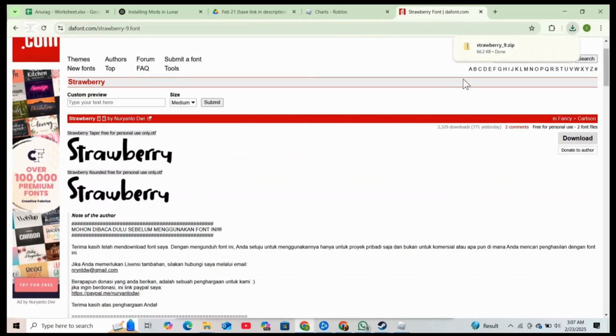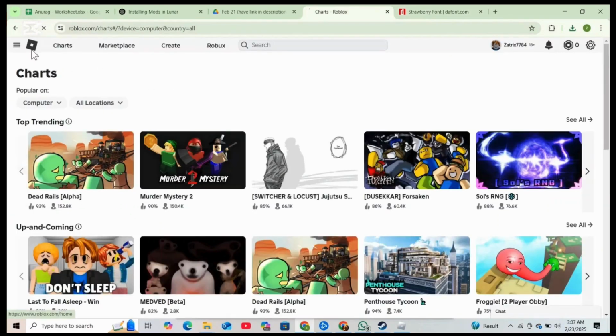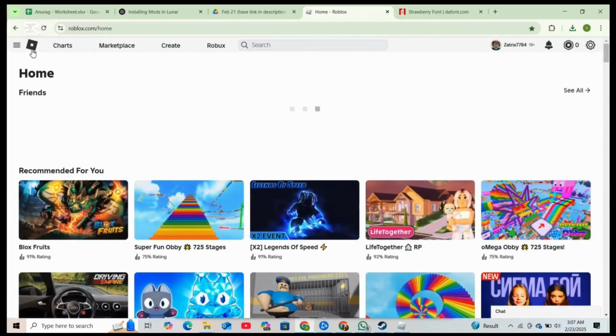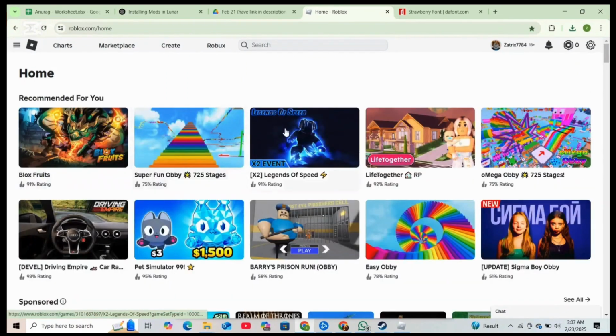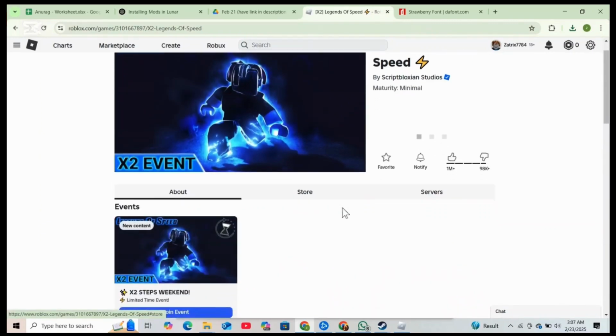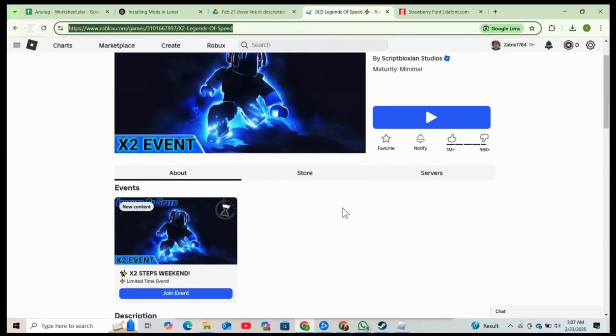And next, ensure you are using the browser version of Roblox, which you can access at roblox.com. And from there you can select any game to play, and if you don't have Roblox player installed, you will be prompted to download and install it. And this only takes a minute, and once that's done, you can follow these steps to access your Roblox font